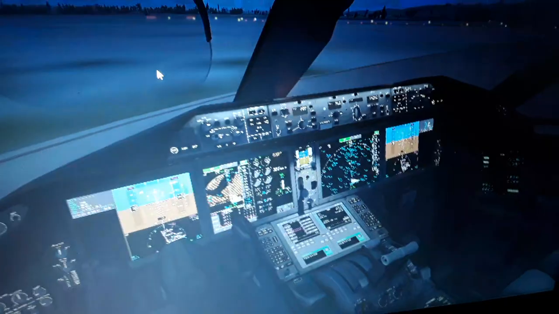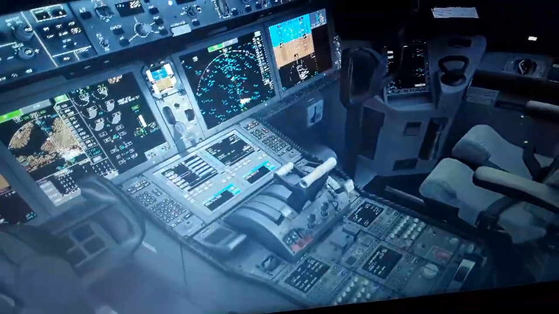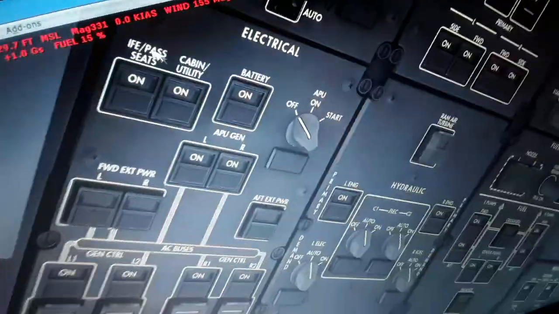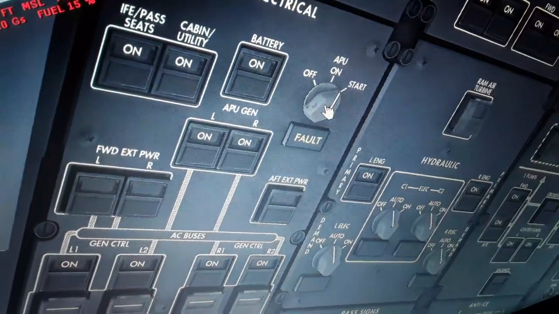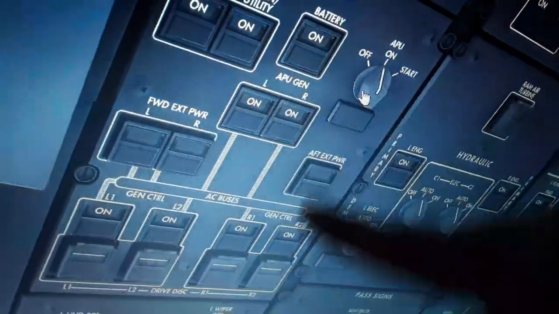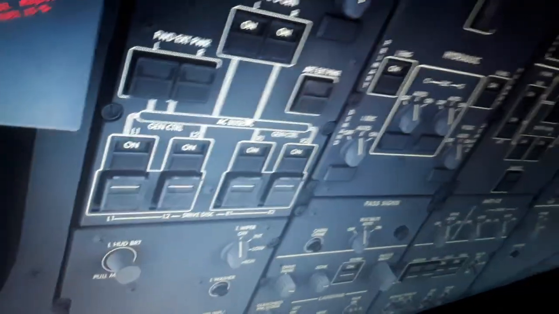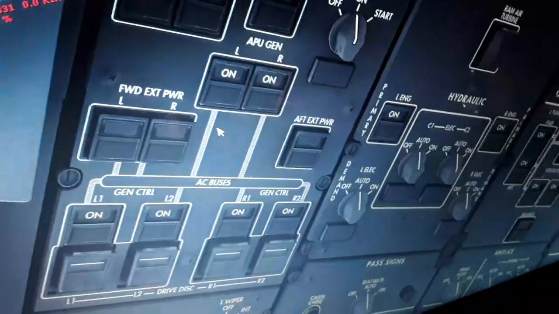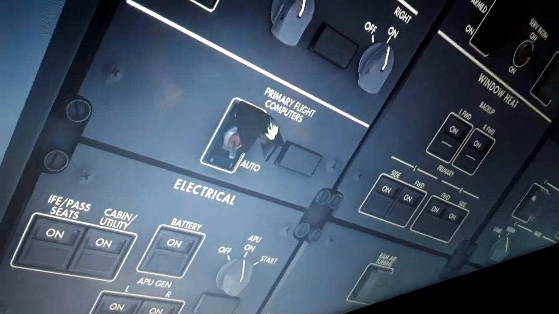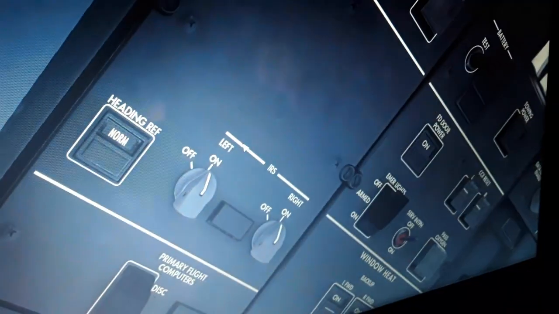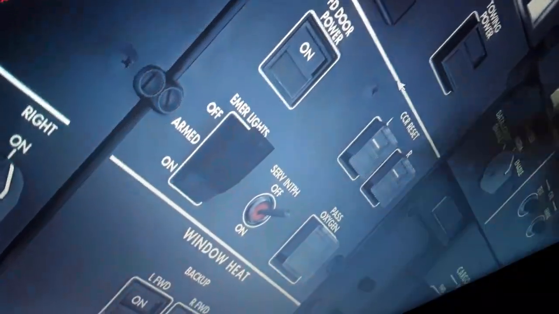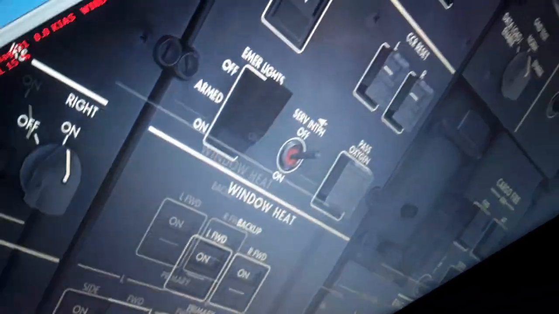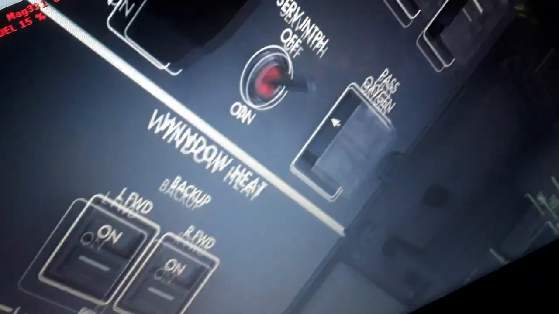We can do this switching if we need. So you will see now we have a few more minutes left to go for takeoff. So we set up here the APU. We need to start the auxiliary power unit. In the start position, we have the left and right IDG, the generator, 115, 200 volts, 400 hertz frequency, left and right engine, the battery, primary flight control computers in the auto position, heading, air data computer, flight control surfaces over here, battery down power, flight deck door, passenger oxygen over here, as it says, you can see, window seat